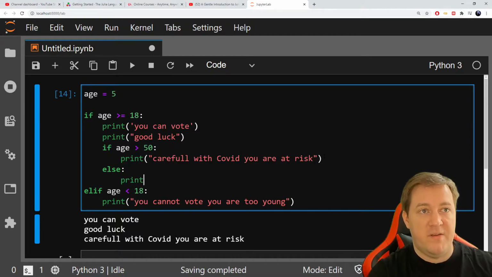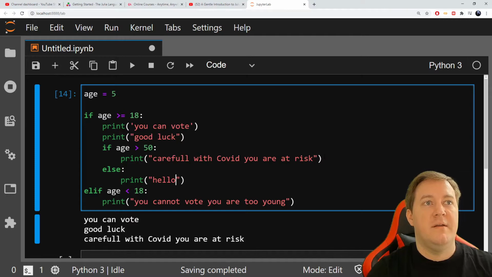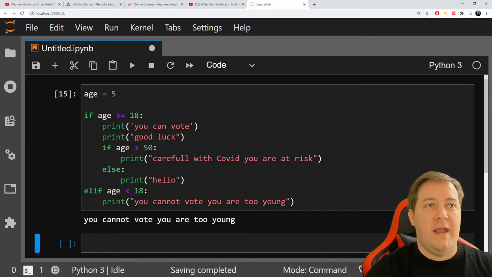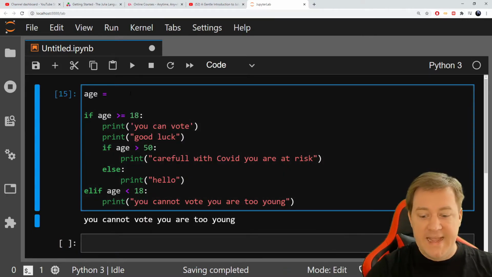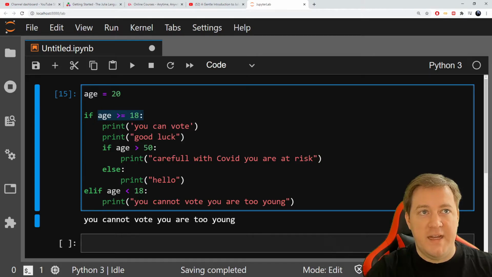And then I can print something else. Print hello, just an easy thing. I run this, I need to be more than 18 but less than 50 for this to run, right? You get it, right? So here, if it's more than 18, with 20 I'm more than 18, then I'm getting inside that block. Now I will print this line, and then I got another condition, and this condition is